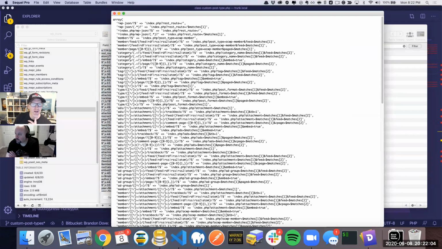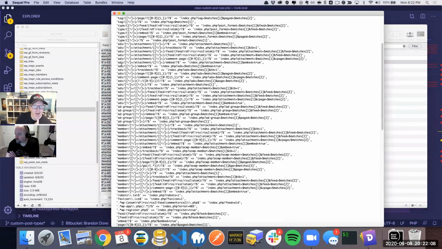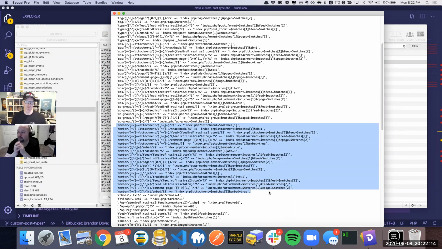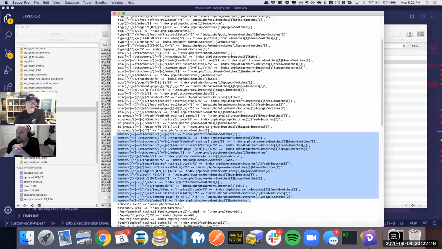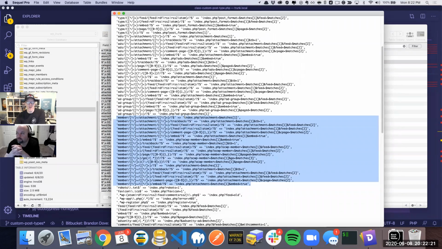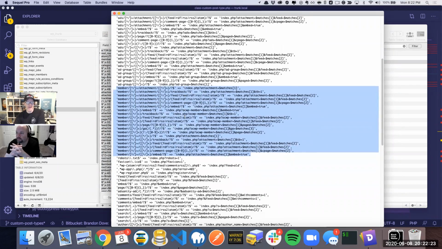And so what you'll see is, under these rewrite rules, these are all just regular expressions that WordPress evaluates every time it loads a page. So the more complicated you make these things, the longer this list gets and the slower your WordPress site is going to be. But ultimately, it takes here member